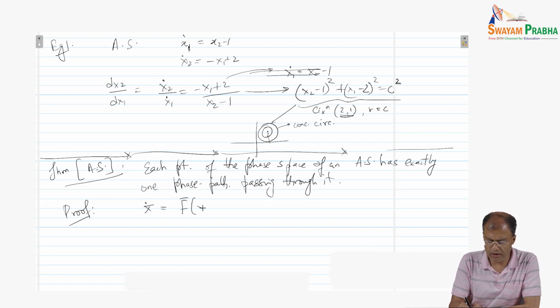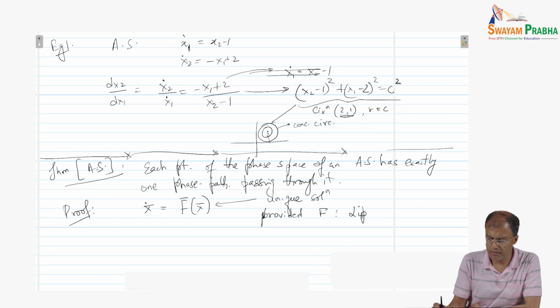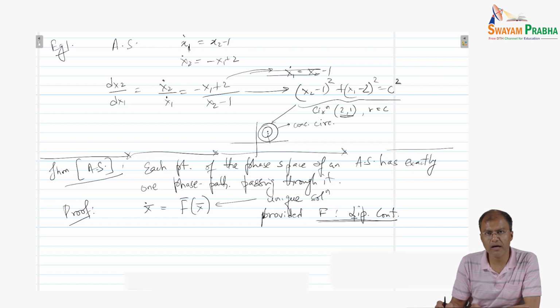This is f of x bar, and this will have a unique solution. We directly state the condition: we have a unique solution provided f is Lipschitz continuous, and all these details people can refer to some standard real analysis textbook. The moment we have Lipschitz continuity, we expect a unique solution at any given time point, and the unique solution